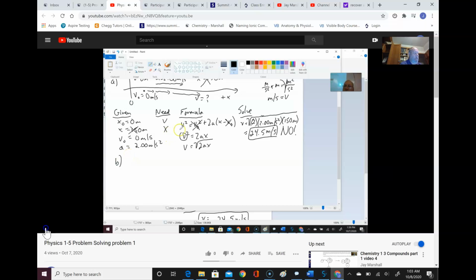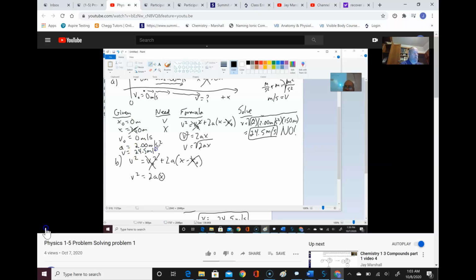What do I need to do to accomplish that? I still don't have time, so whatever I do, it's going to have to involve v squared equals v0 squared plus 2a times x minus x0. Again, my initial velocity is 0, my initial position is 0, so I've got v squared equals 2ax. But now I'm not trying to find the final velocity. Now I'm trying to find the distance that I'm going to go if my final velocity is now going to be